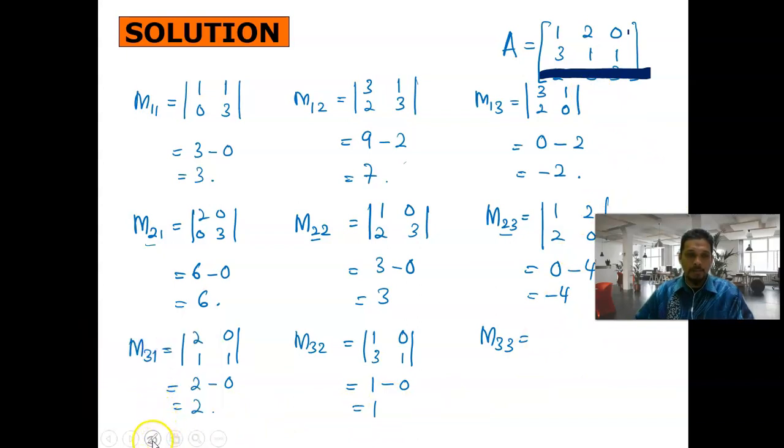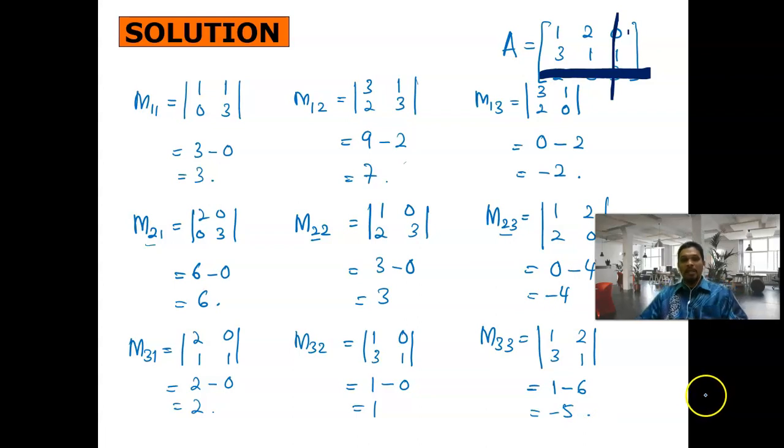Oh no, sorry. Okay, delete element in row 3. So what's left here now? We get 1, 2, 3, 1. So 1 times 1 equal to 1, minus 3 times 2 equal to 6. Then we get negative 5. So now guys, girls, we're complete. Find all the minors of these matrices of A. So we're going to write down